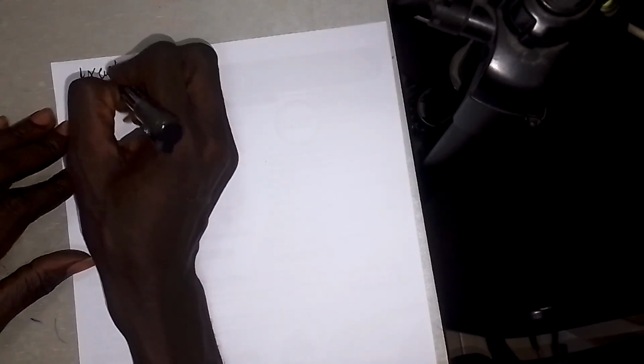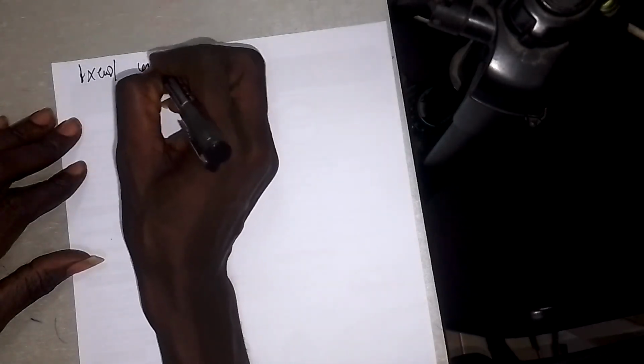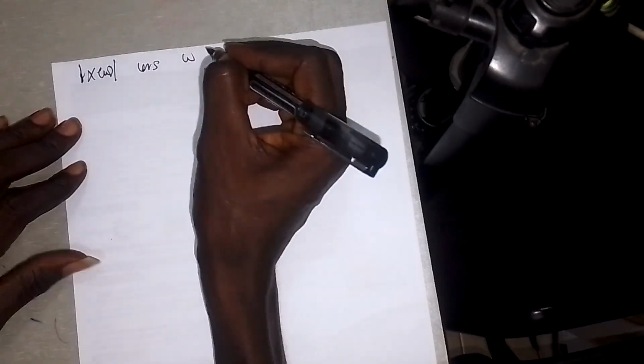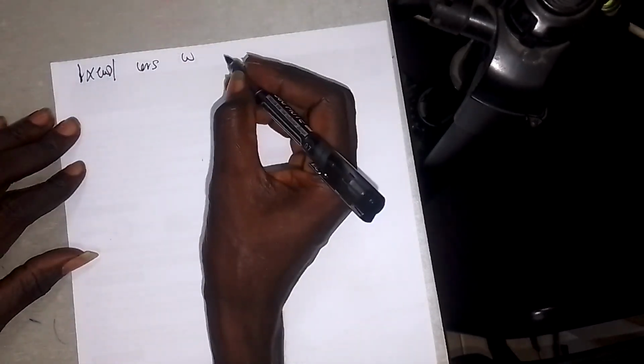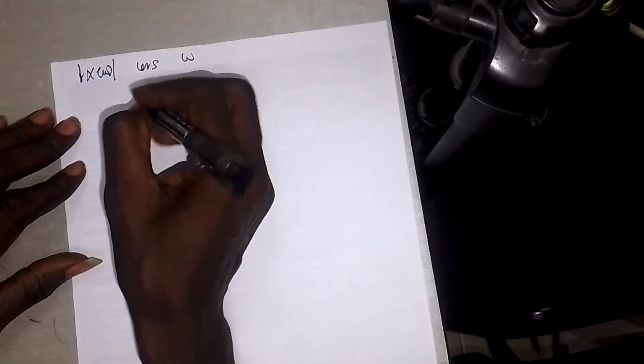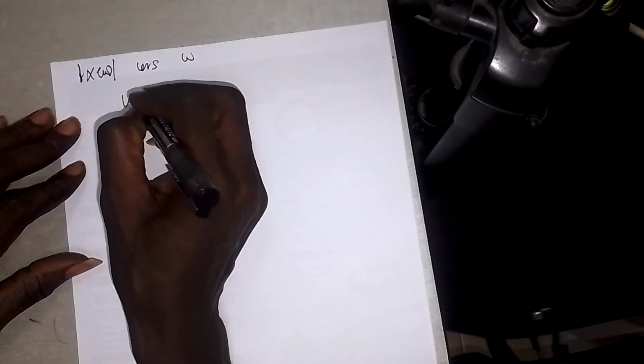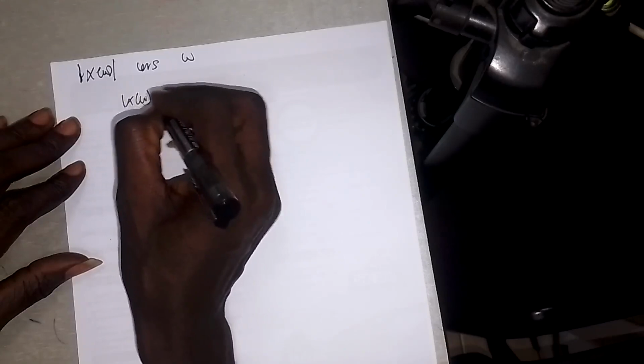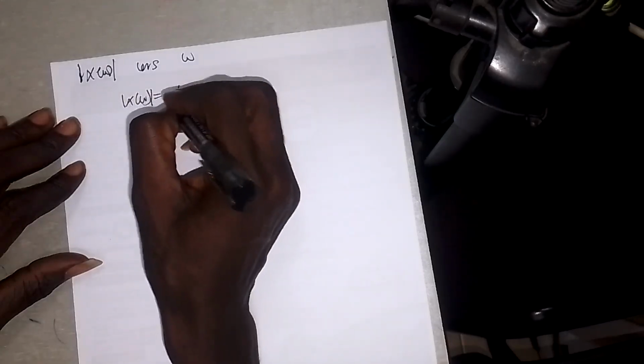Now let's go ahead and see what we can do here. I'm going to plot the modulus of X of omega versus omega. I can determine values for omega, using the formula X of omega equals 1 over